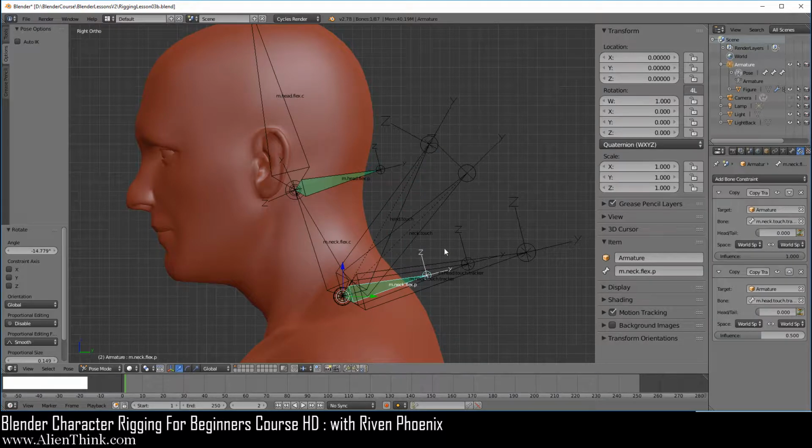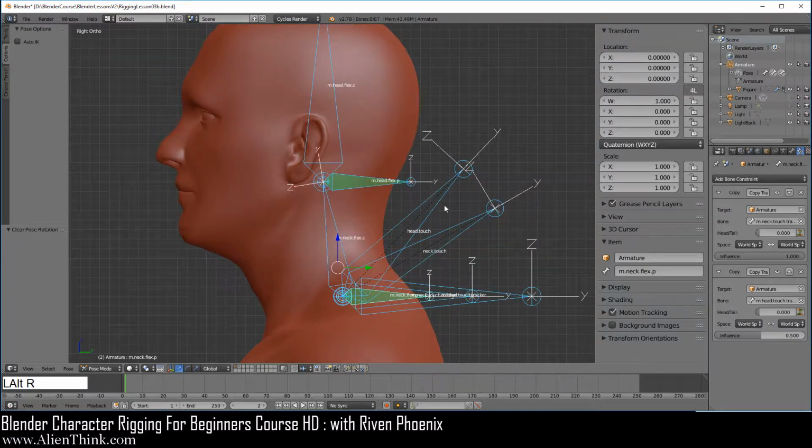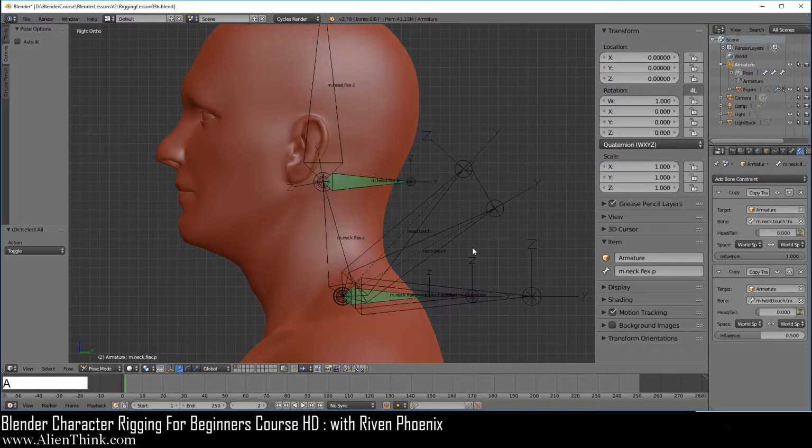Okay, so we're going to use this concept to our advantage to create an on and off feature. So go ahead and press the A key to select everything. Just do Alt R to reset the rotation. Okay. So now, in order to create this